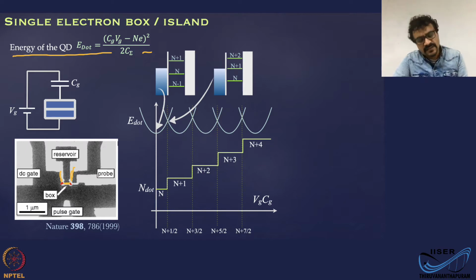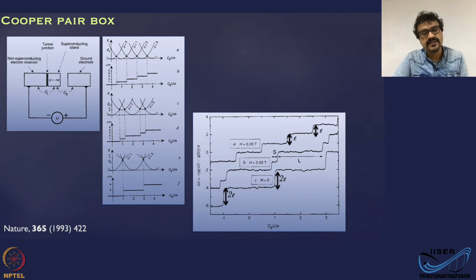The same concept and experiment can be done with Cooper pairs also. In this landmark paper, they have done an experiment which is very similar to what we discussed. But here, the island is a superconducting island. Okay. And you have a non-superconducting source of charge. Okay. And there is a thin tunnel junction,